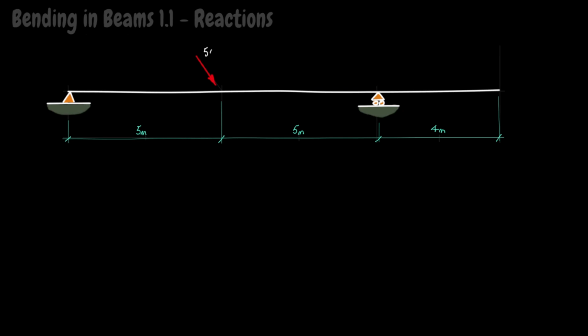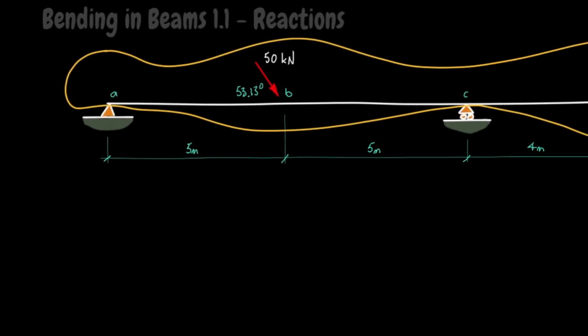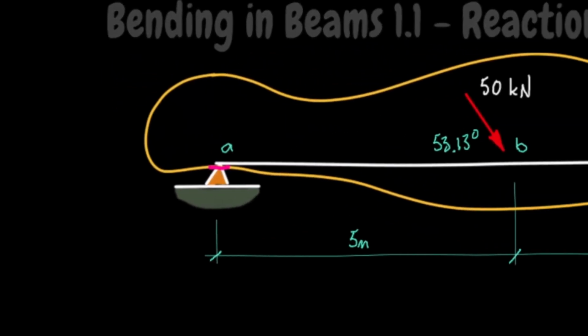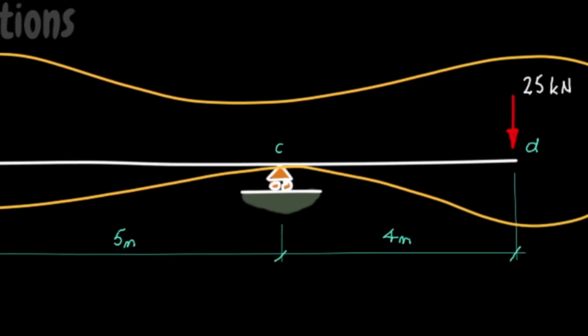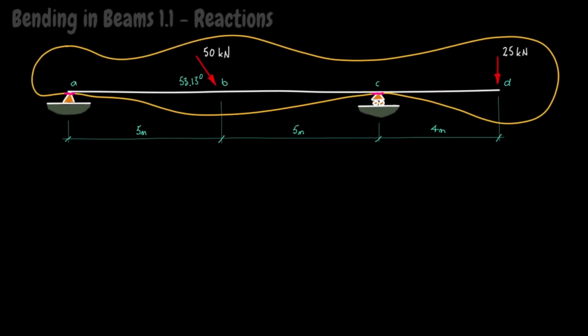It has a knife edge support at A and a roller support at C. We're interested in calculating reactions, so start by drawing a free body diagram bubble that cuts the structure away from its supports. That requires 2 cuts, one at support A and one at support C. The free body diagram bubble helps you to define what goes into the free body diagram and what forces are